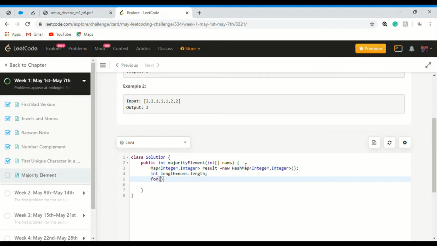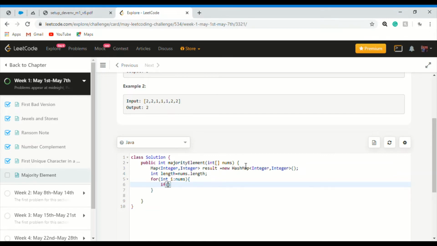Now we have to do the for loop. The for loop is for looping through the array and taking the numbers as input. So for int i in nums, then here there is a function known as containsKey in the hash map collection of Java.